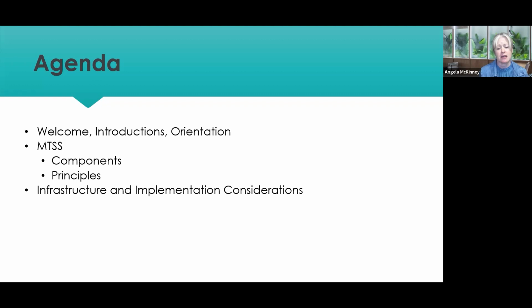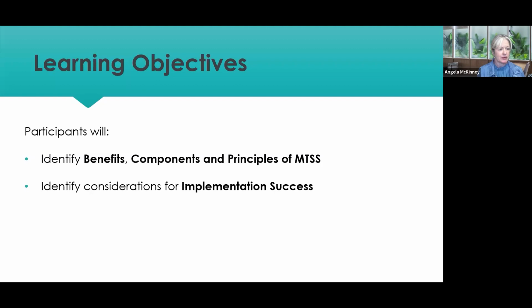It really is, because it's an organizing framework that takes all of the wonderful things that we do in education and pulls them together, so that we're not operating in silos. We're using data from different systems that we have and just pulling everything together so that we make really good use of the resources that we have, which we know are limited. I mean, we don't have an unlimited amount of time, amount of money, amount of people, or other resources. So this is what we hope you get out of it, is just at least a little bit of each of these things.